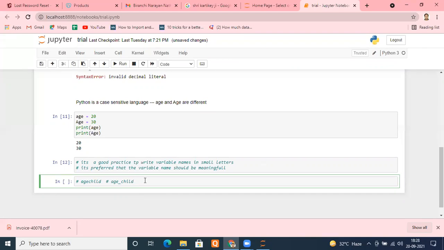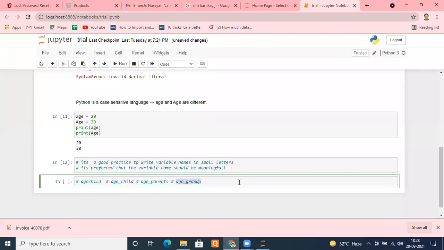You can also write age underscore parents, or age underscore grandparents, whatever you want. These look more meaningful than age child, or just age, which don't look good at all.